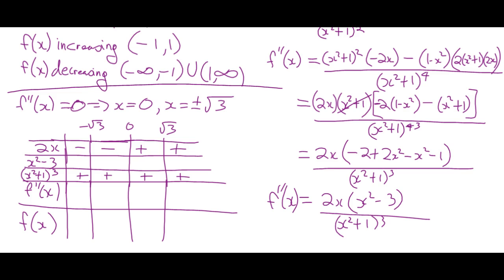And x squared minus 3. So if you're really big and you're subtracting 3, I think you're going to be positive. But if you're in here, it would be negative. Then